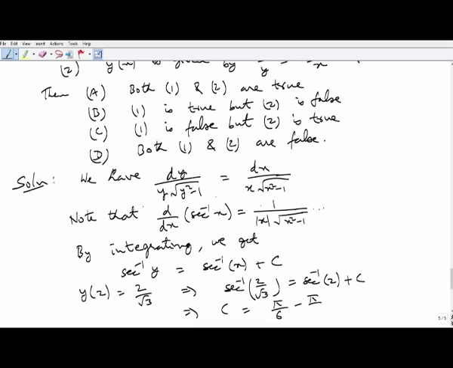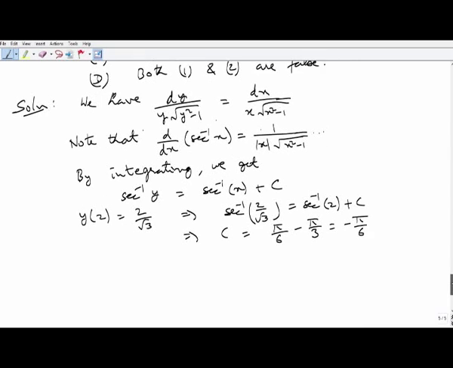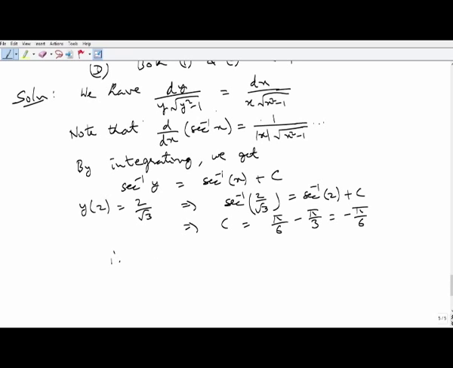So, pi by 6 minus pi by 3, which is equal to minus pi by 6. So, therefore, we get secant inverse of y is equal to secant inverse x minus pi by 6,